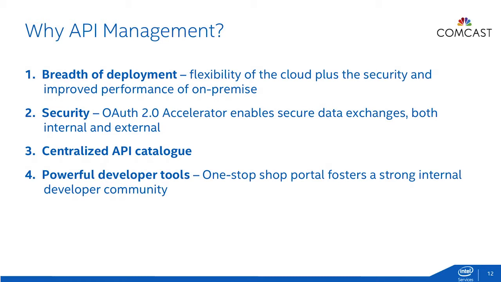Also, why CodeBig? We want to centralize APIs, right? We have a bunch of APIs. I believe we have 80 plus APIs in our company. So we want to create this catalog. For example, a developer goes in and says, hey, I want to access stories, I want to access high-speed data. Which API is it? They can just go in and browse the API catalog and say, hey, this is how I get it.